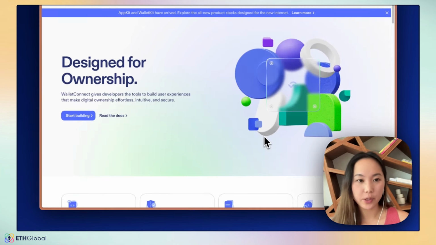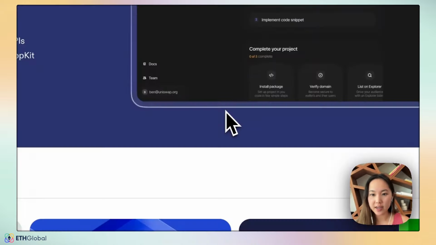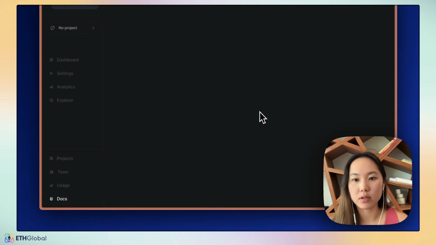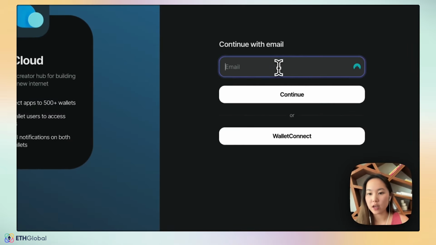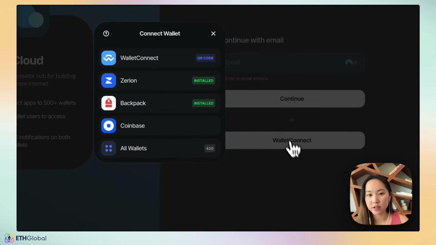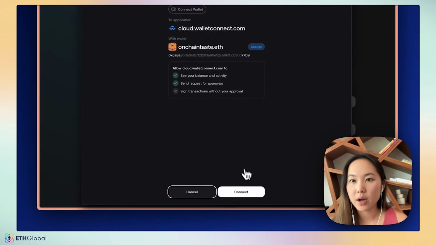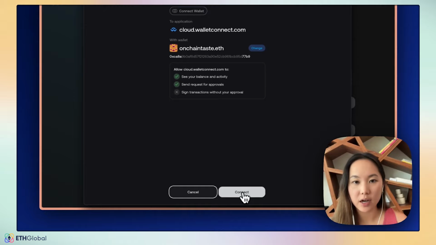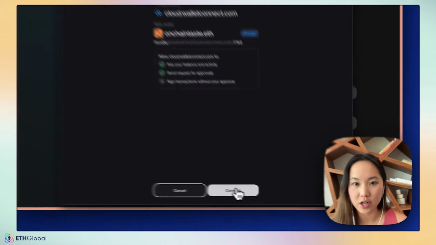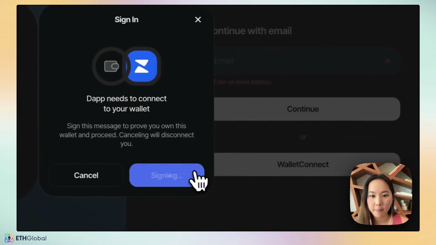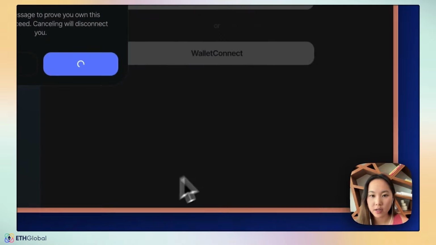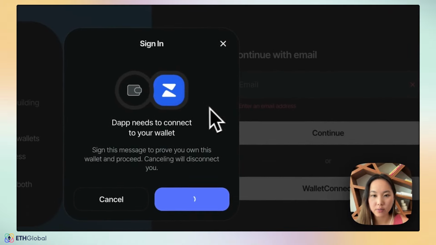To get started building with AppKit, you'll need to navigate to WalletConnect Cloud, where you'll create an account. You can either continue with email or you can just connect your wallet and it will create an account for you based on your wallet address. So I'm going to go ahead and create an account for my wallet named On-Chain Taste. Going to use Ethereum, sign the transaction,